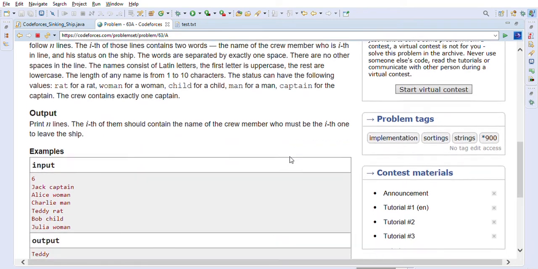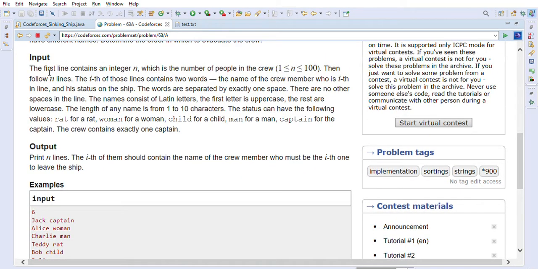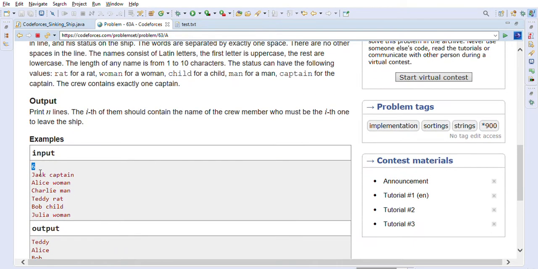So they have given us this input. As you can see, the first line is n, which is the number of people in the crew. So n is 6. Then follow n lines. The ith of those lines contains two words: the name of the crew member and his status on the ship. The words are separated by exactly one space. So for example, Jack is captain, then Alice is woman, then Charlie is man, Ted is rat, Bob is child, Julia is woman. All these 6 entries will be given to us afterwards, and we have to output